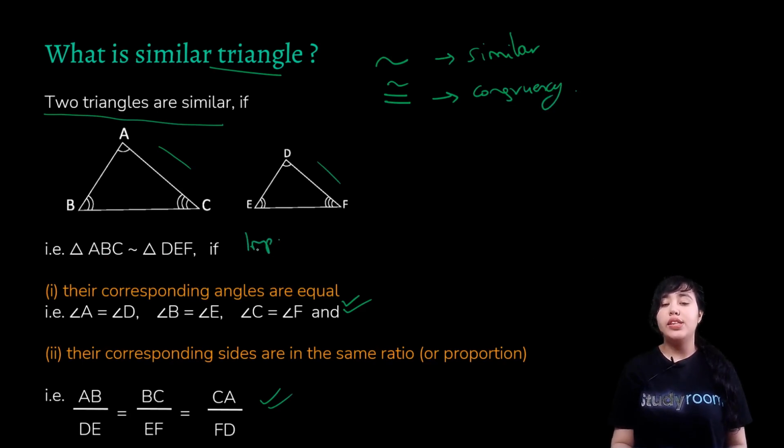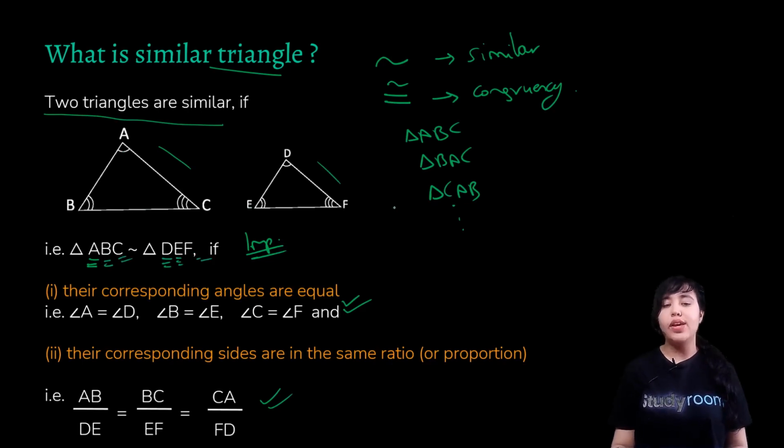One very important thing that you need to be very sure of is the way you are writing these triangles. I told you in the very beginning that this triangle ABC can be written in different ways. We can write it like triangle BAC, triangle CAB and so on. But here you just can't have your triangle written in any random order. So if you are writing A first, corresponding to that, here you need to have D because angle A and D are equal. Then if I give you B, then corresponding to that, the middle term should be E over here as well. Okay, because B and E are equal, then C is equal to F, so C and F should be like this.